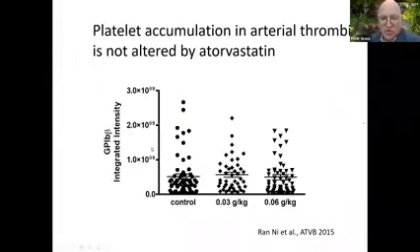So then we were excited and we said, okay, well, let's see what happens in an in vivo thrombosis model. So this is the model that we commonly use in our lab, which is a thin muscle, the cremaster muscle in mice that surrounds the testicle, and we zap a 50 micrometer arteriole with a laser, and you get a thrombus that forms. And you can see that even though the statins inhibited platelets, they didn't affect the thrombus size at all.